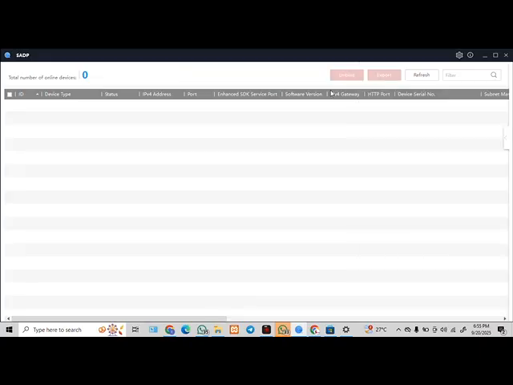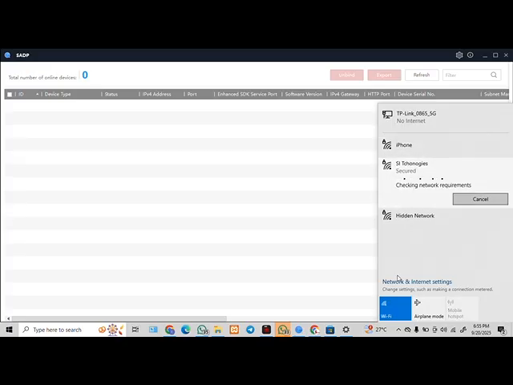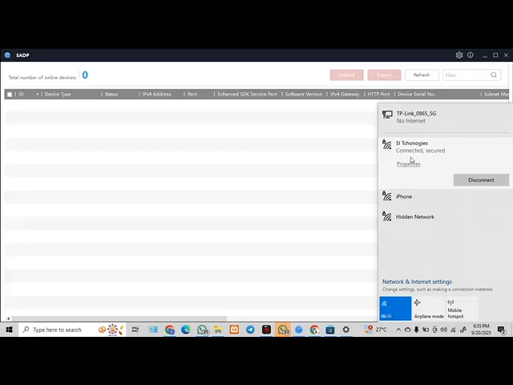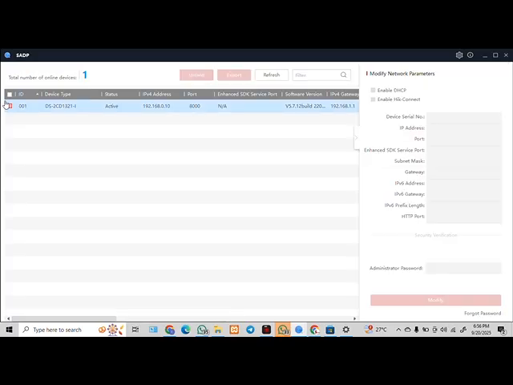As you can see from my screen, I've already opened the HIKVISION SADP tools. So to see the product that is connected to my router here, I have to be connected to my router network. And my router network is the SR Technologies. So it's already connected to my SR Technologies router network. Immediately you see the cameras that are on the network will appear right here. So I will enable the toolbar,